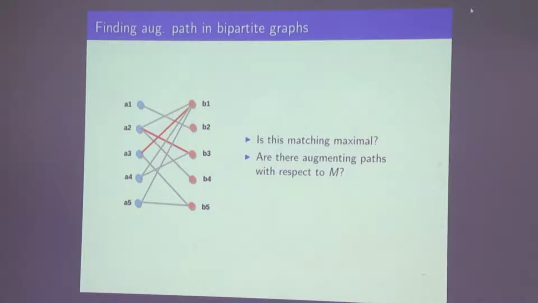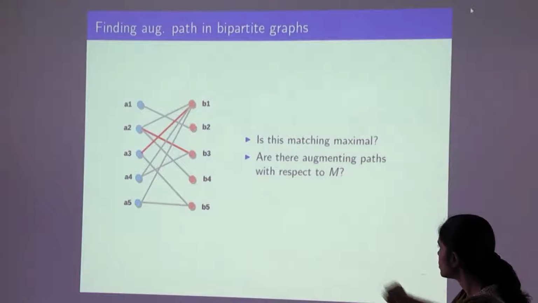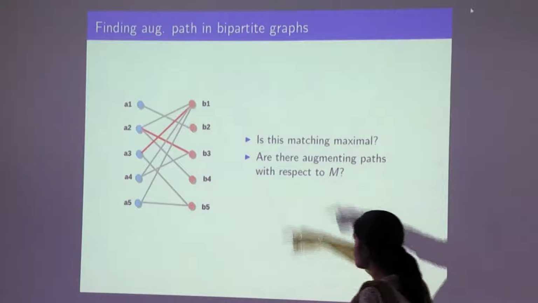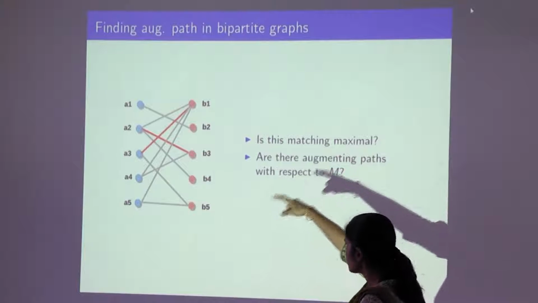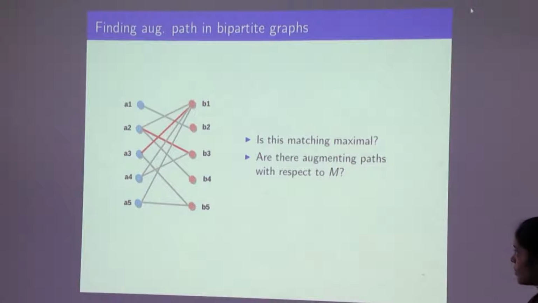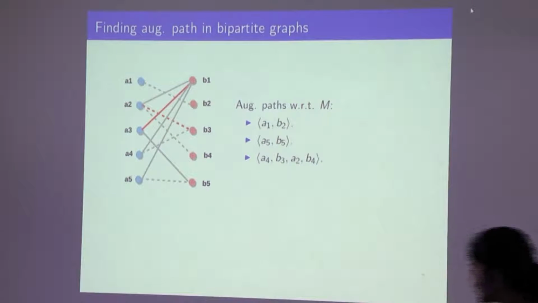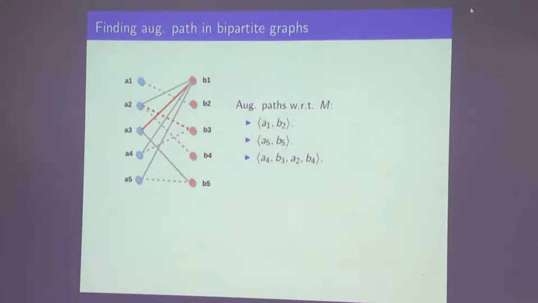Okay, what are those paths? B1, A2. So you are talking about a longer path, B1, A2, B3, A4. Good. So that is an augmenting path. Okay, are there other paths? What about A1, B2 itself? So there are these length one augmenting paths which are staring at us. So A1, B2, A5, B5, clearly they are augmenting paths. So there can be multiple augmenting paths, and this is a list of some of them.